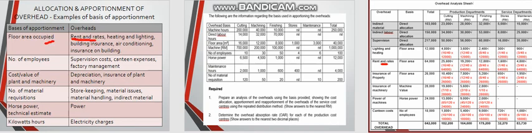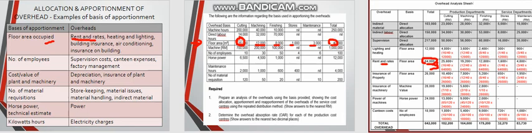Okay, you have a look at the question. Do you have any floor area here? Yes, the floor area is given, which is 16,000, 12,000, 8,000, 1,000, 1,000, 3,000, and the total is 40,000. So in order to apportion to the department, cutting, we're going to take 16 over 40, and then we times it with 64,000. So 64,000 is actually the cost for the whole department.